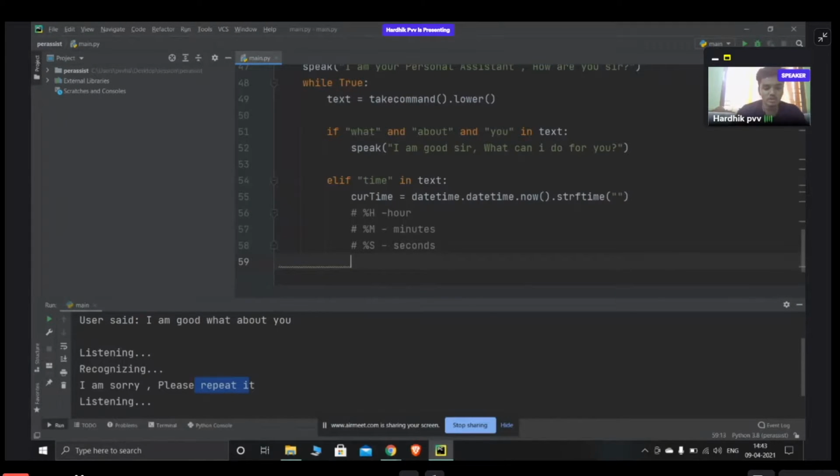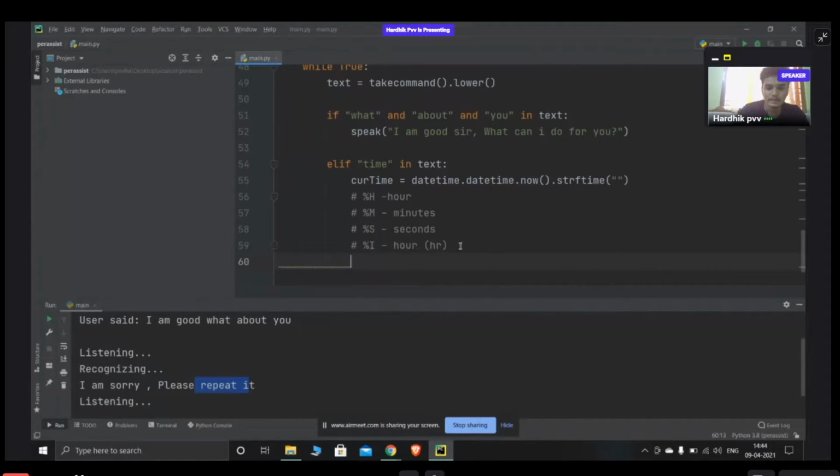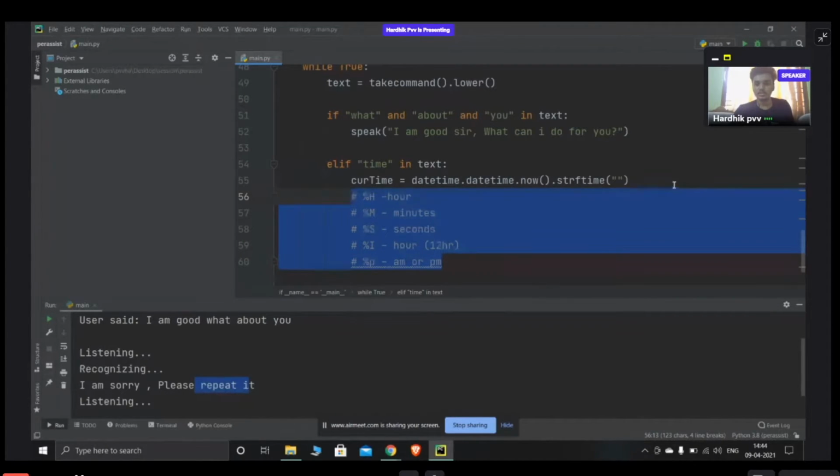Suppose I want 12 hours format, then percentage I is for the hour in 12 hours format, and percentage small p is for AM or PM. So it tells AM or PM. So these are the main commands for this string format, and based on this you'll get your string.